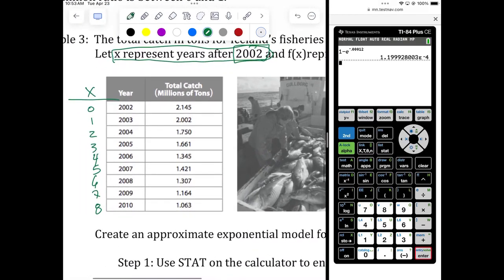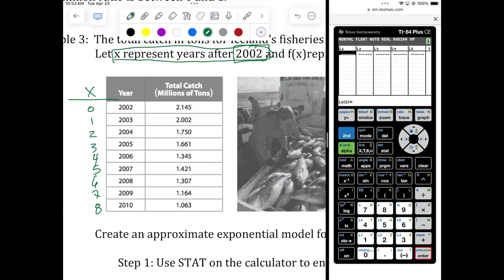All right, so remember how to do this? We go to Stat. We hit the Stat button. We hit Edit, which is Enter, because it's automatically on Edit. And you should see your L1 and L2 columns. So in L1, we're going to type our X values, which are years past 2002. So 0, 1, 2, 3, 4, 5, 6, 7, 8. And now the fun part, the part that I hate the most, typing in data, okay? So get 2.145,